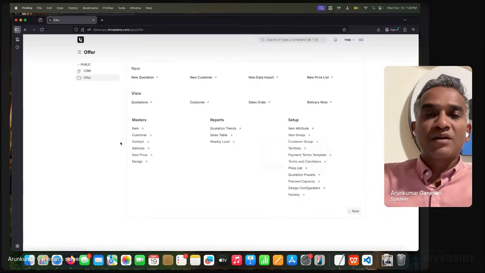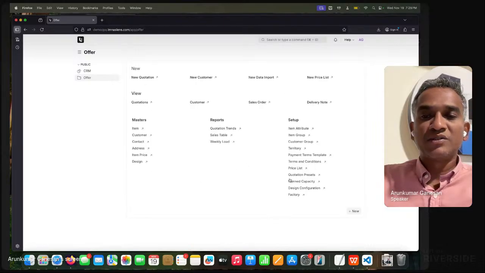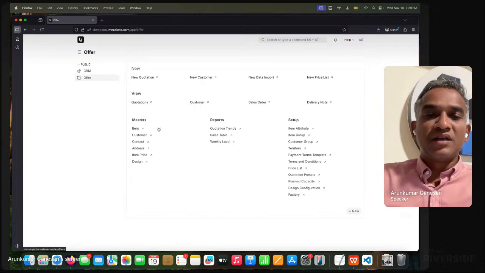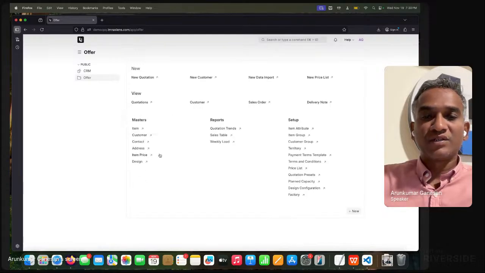So this is how the controls will work. Mostly this much should be enough for you to start with your CPQ. You would need a customer database and a couple of configuration setups, master data items, customers, and a couple of contacts.